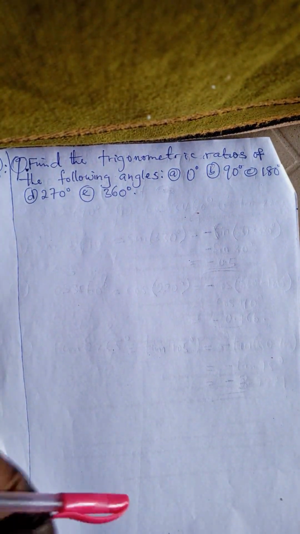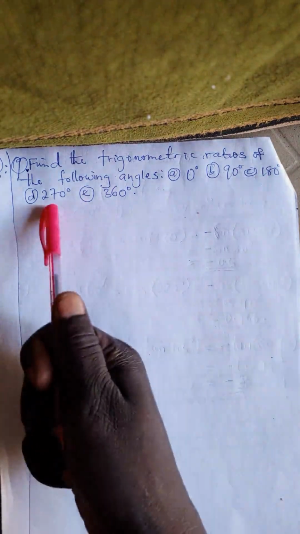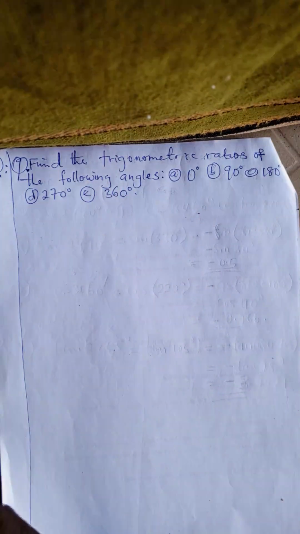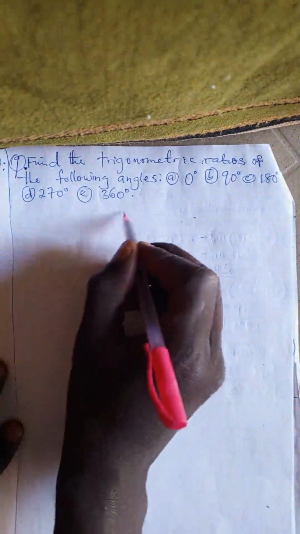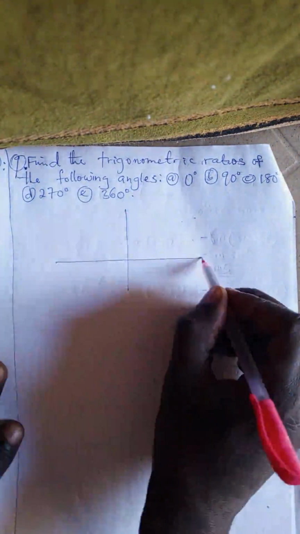In today's video, we are going to look at the trigonometrical ratios of these special angles: 0, 90 degrees, 180 degrees, 270, and 360 degrees. These are special angles which we have not considered in our previous video. And we are going to solve this problem now. Before we solve the problems, we have to think of the Cartesian coordinate system,